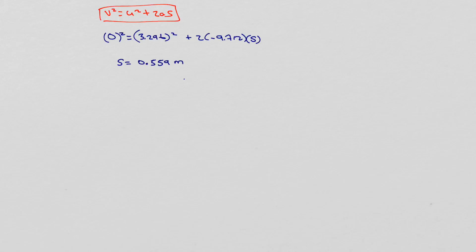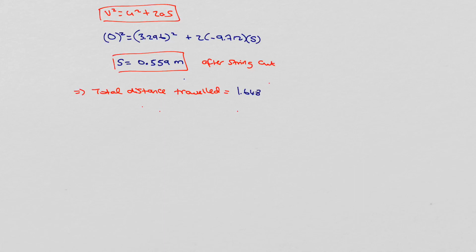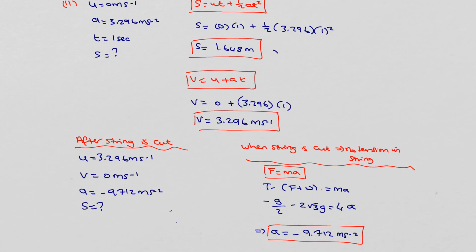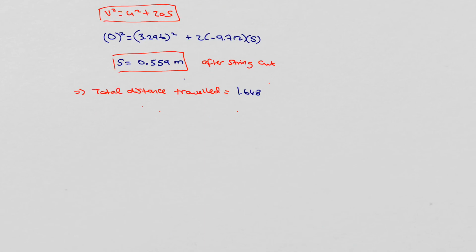well, that gives me 0.559 meters. However, that's the distance it's travelled after the string has cut. And what has it travelled up until the point where the string is cut? In other words, what is the total distance travelled before it comes to rest? Well, it had travelled 1.648, we had worked out. So look, where was that? Up here. So we had 1.648 here, and therefore I must add that on to 0.559. And therefore my total distance travelled is